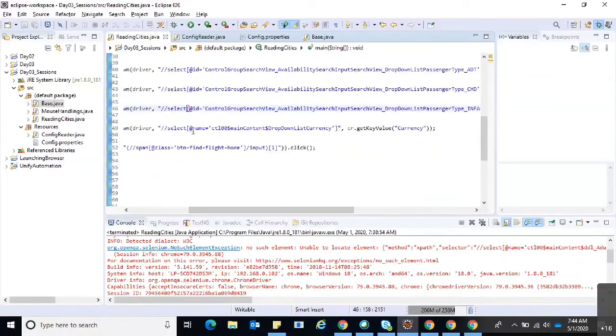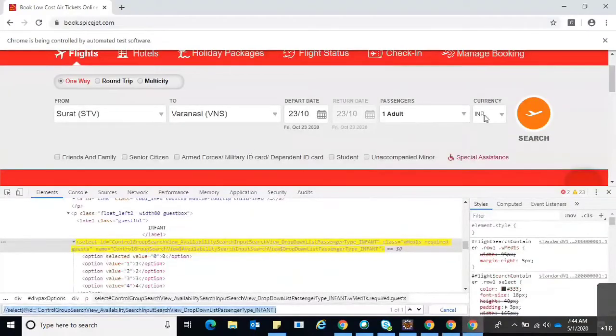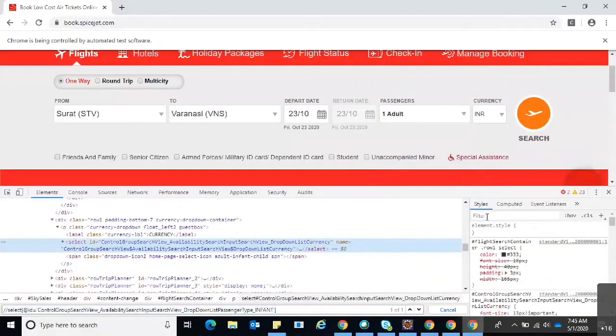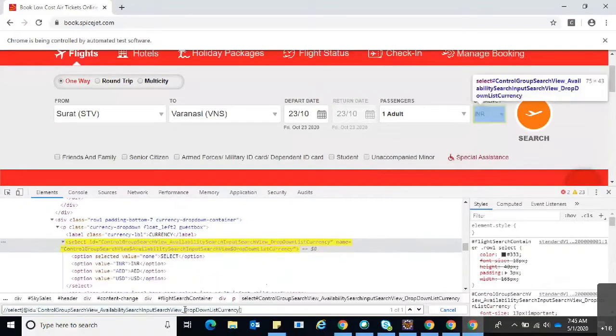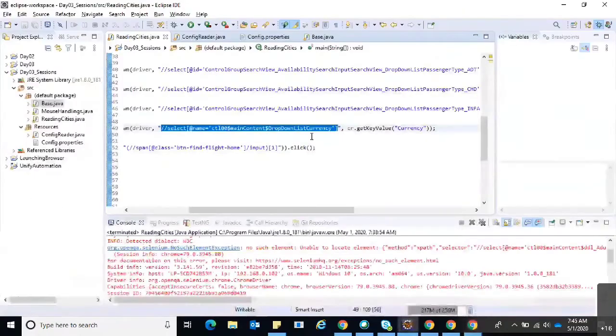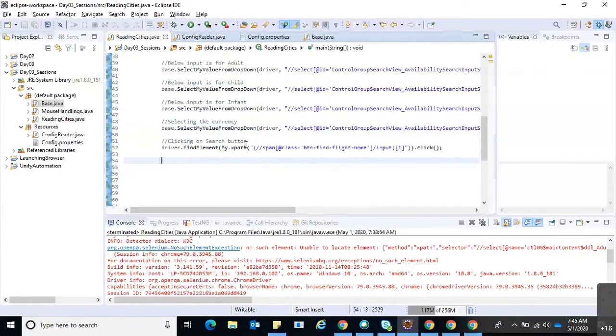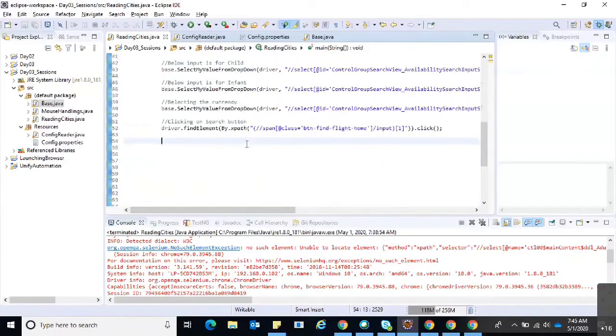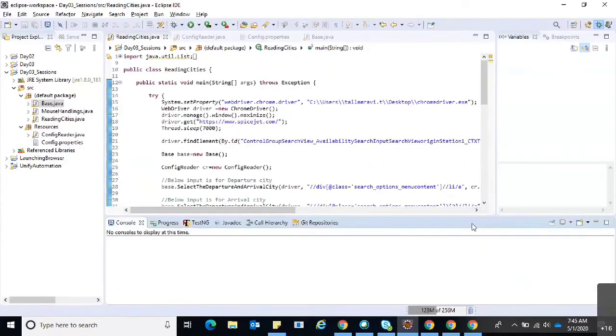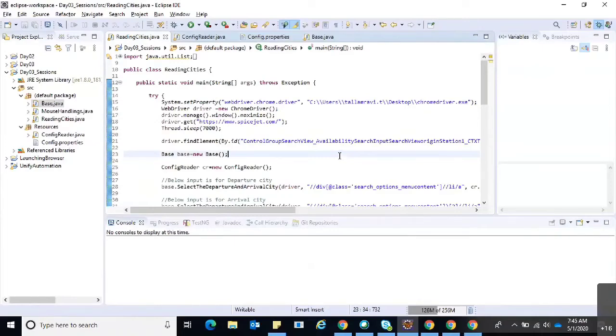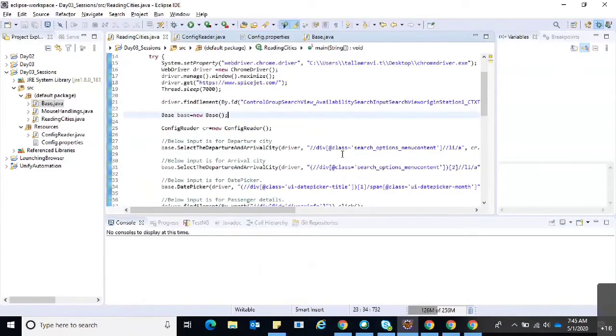And let's check for the currency as well. We change everything. Okay, let me run this.